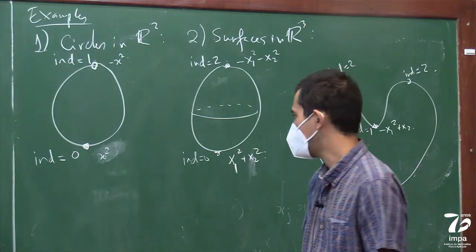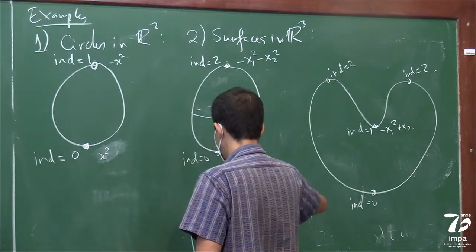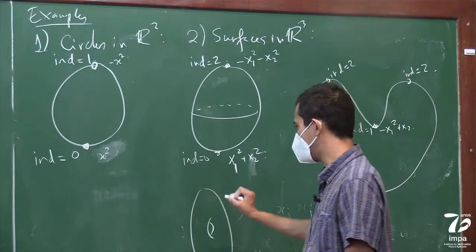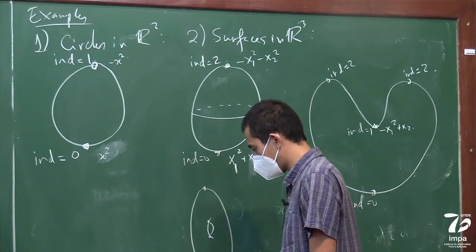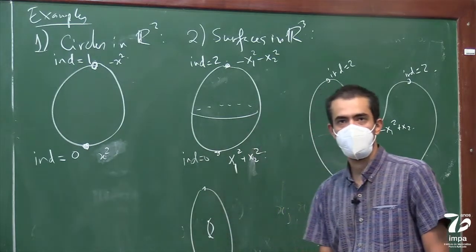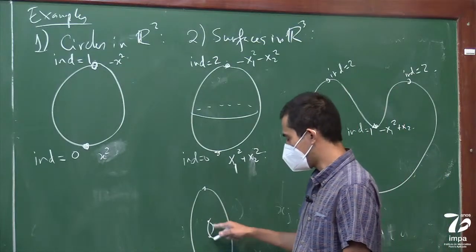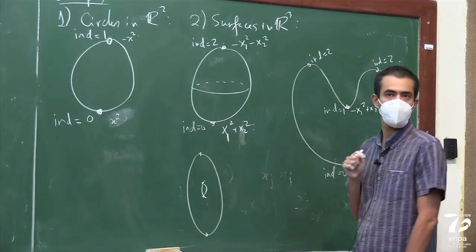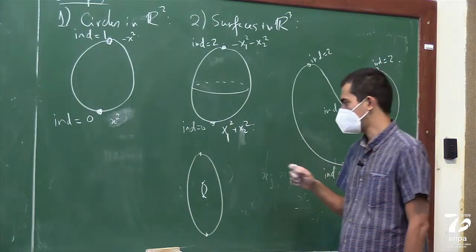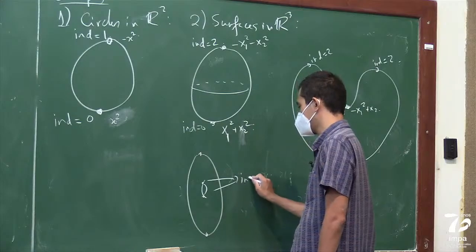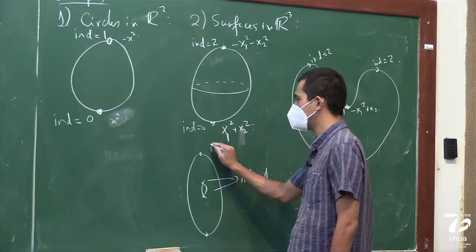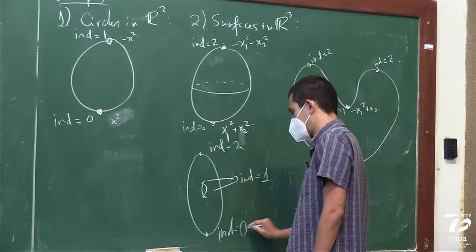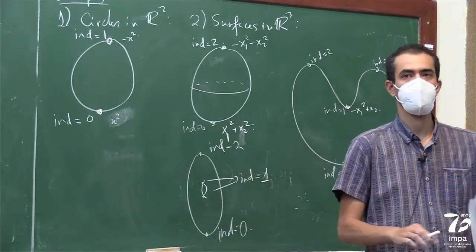Okay? And finally, you can look at the torus, or any oriented surface embedded into R3. You can orient it like this, or you can embed it like this. And then these guys are going to be saddle points. So the function is going to look like this. So these guys will have Morse index 1, and this will be Morse index 2, and this will be Morse index 0. Okay?